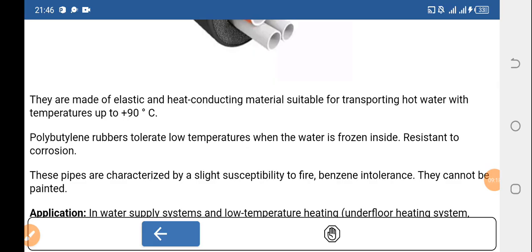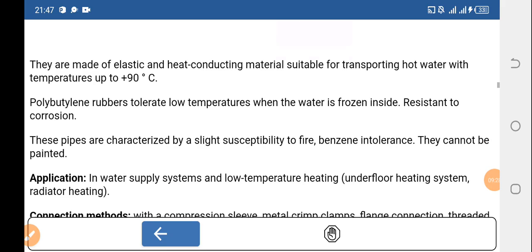tolerate low temperature when the water is frozen inside. Resistance to corrosion. This is one of the advantages. It's resistant to corrosion, and this pipe is characterized by slight susceptibility to fire, meaning that benzene intolerance, they cannot be painted. So some of these things that we need to understand, that the pipe should not be bent, and sometimes